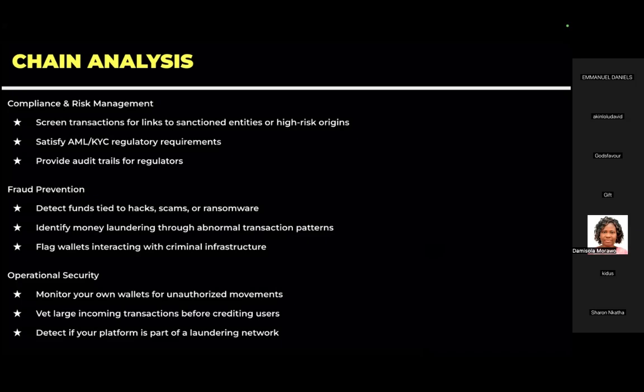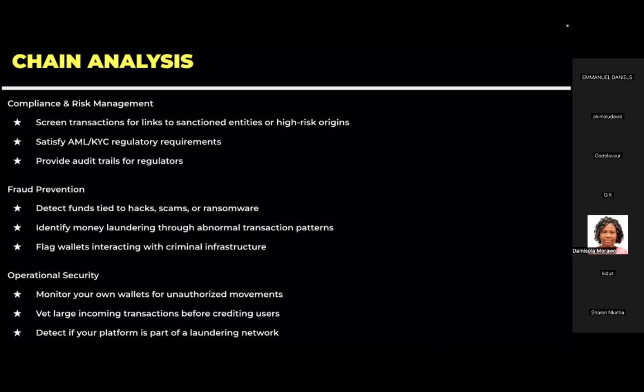Let me give a very good example. Let's say users meet different people. You are not in their day-to-day life activities. Then somebody is telling them, you know what, send 50,000 sats to me, and then they give them their address. When they enter the address, and it is one of the blacklisted addresses, you don't allow it. That way you're able to tell your user, this address has been blacklisted. They already know this person is trying to scam them.